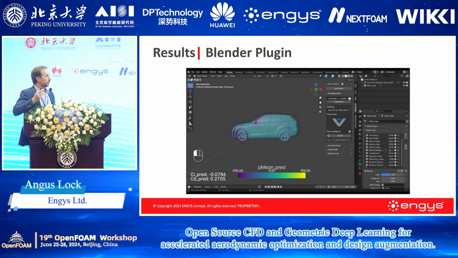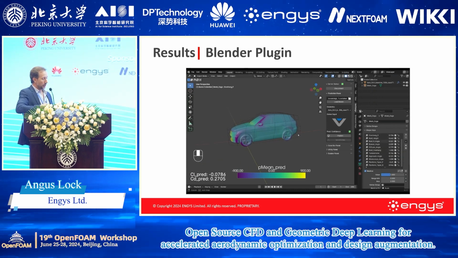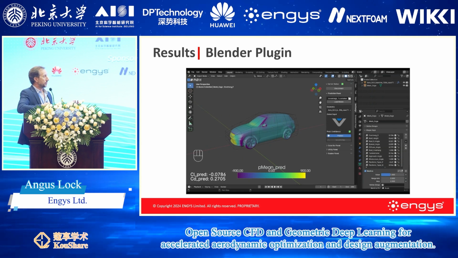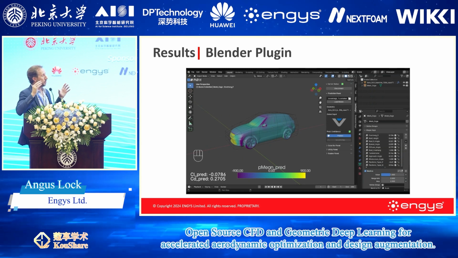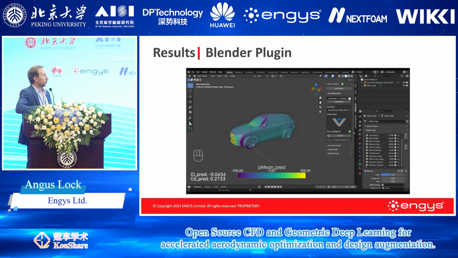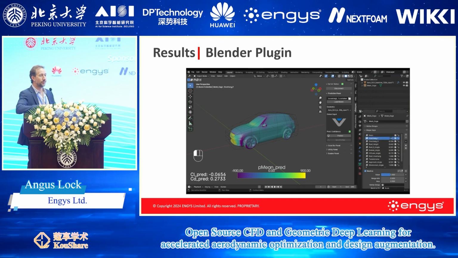Obviously, they need to typically fall within the parameter space that we originally trained on. And one of the things about this data set is we had quite narrow parameters, because that's typically what you're constrained to. When you're working with the design studio, they don't like you making big changes, unfortunately.